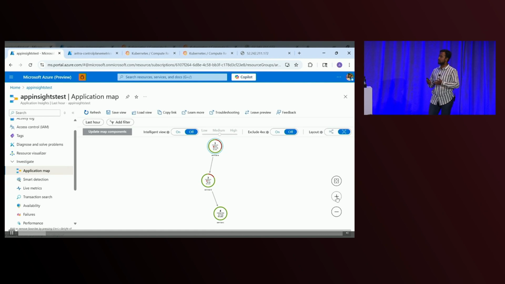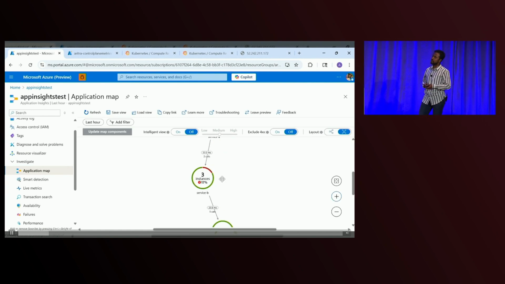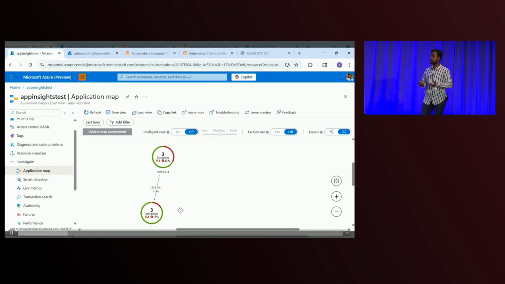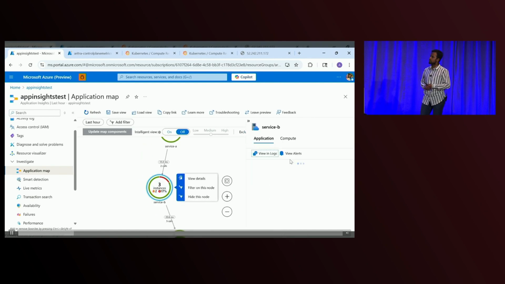This tells me all the structure of the microservices and how they interact. I have a simple three microservices, A, B, C, A calling B, calling C. I see that there are, again, some calls failing specifically on service B. And I can see some notifications. Essentially, those are alerts, and some of those are auto alerts as well. You don't have to configure them.